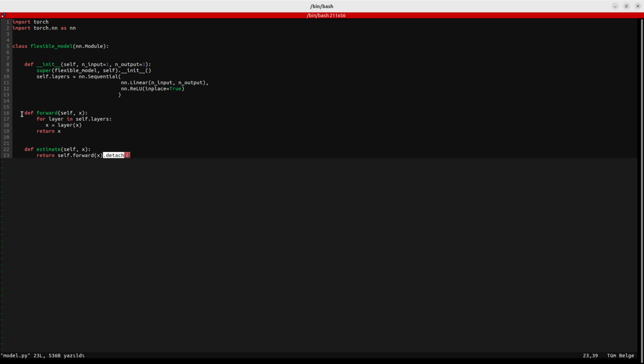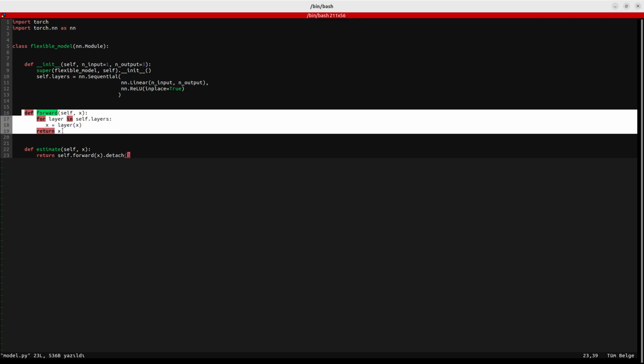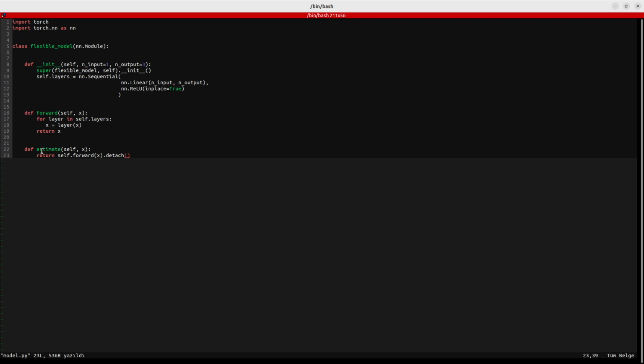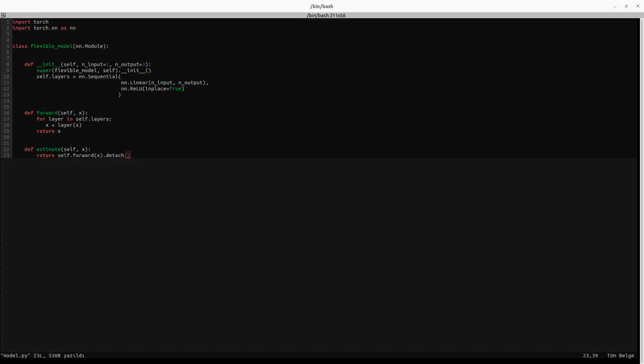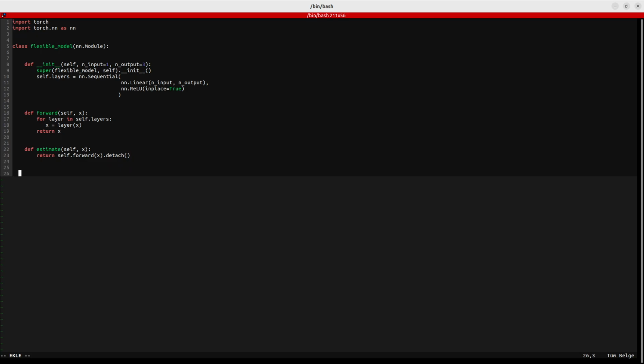So in the training, you'll be using this forward model. But once your model is trained, you need some sort of function that will help you to get the estimate you want from that forward model, and you don't want this to also give you the gradients and cause lots of memory demands and so on. In order to avoid that, I just do this. This is the simple reasoning behind it. People do this in many different ways, but I like to keep it inside this class. We also need a function called fit to train the model,